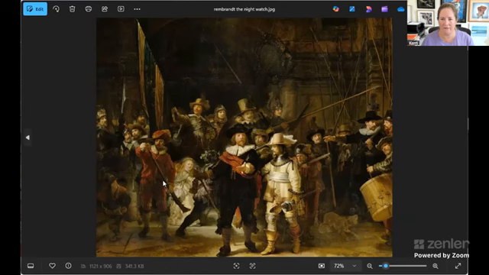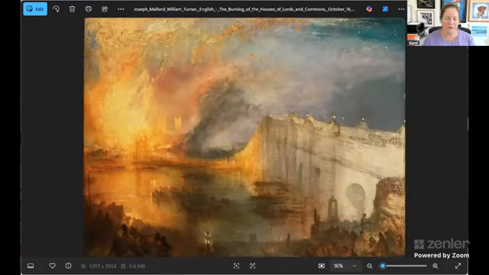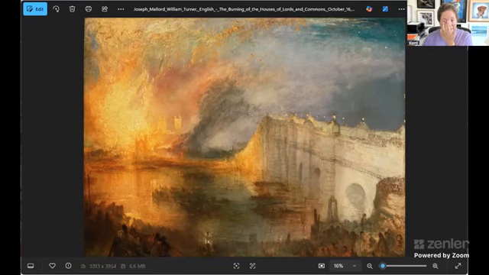And then we have Turner, often called the painter of light, who harnessed fiery reds, oranges and yellows to show chaos or energy. Like in this one, it's called The Burning of the Houses of Lords and Commons. But he could flip the mood completely with swirling greys and stormy blues, creating feelings of fragility in the face of nature. But this one especially, straight away, it looks like it is on fire, definitely.